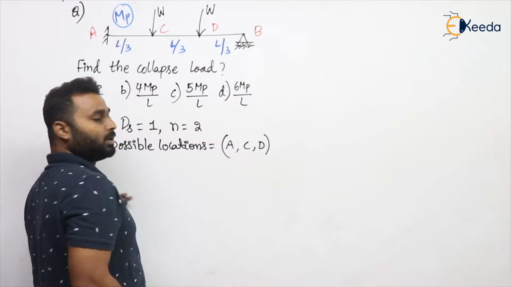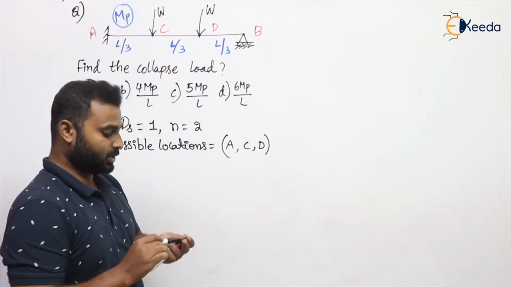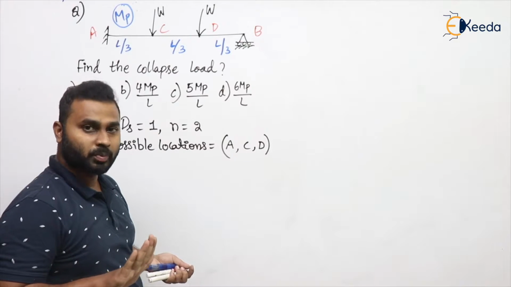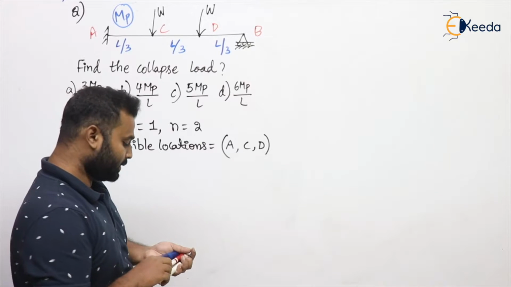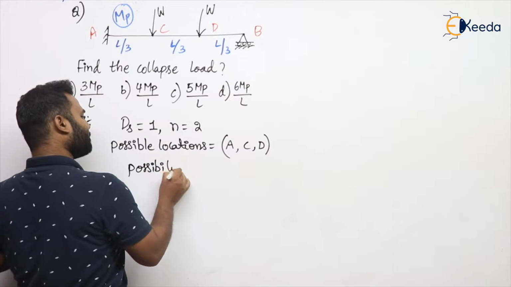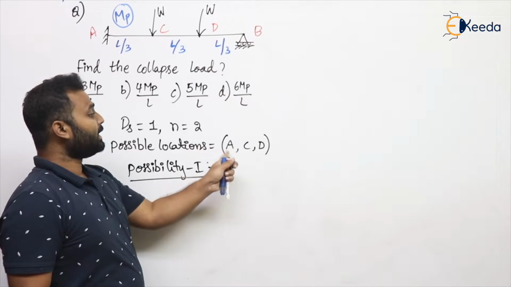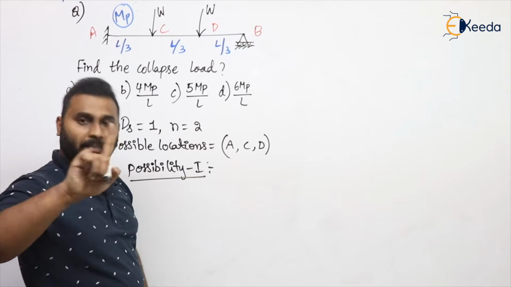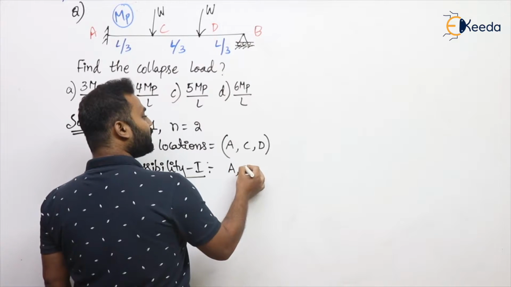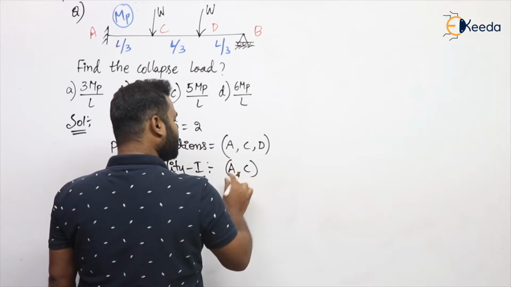Is that clear, everyone? We require only 2 plastic hinges for the formation of a mechanism, but there exist 3 possible locations. Hence we need to check the possibilities, and the case in which the load comes out to be minimum is considered the true collapse load. So let us go with the first possibility. Out of these 3, A is fixed, so for sure a plastic hinge will form at that location. So fix A, and first let us assume C, and later in the other case we'll go for D. So hinges at A and C.